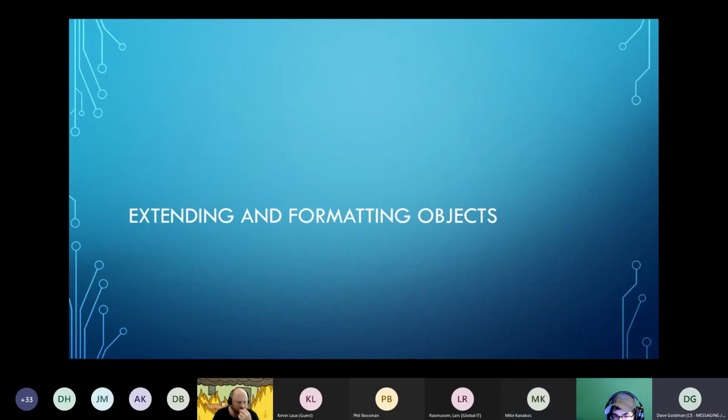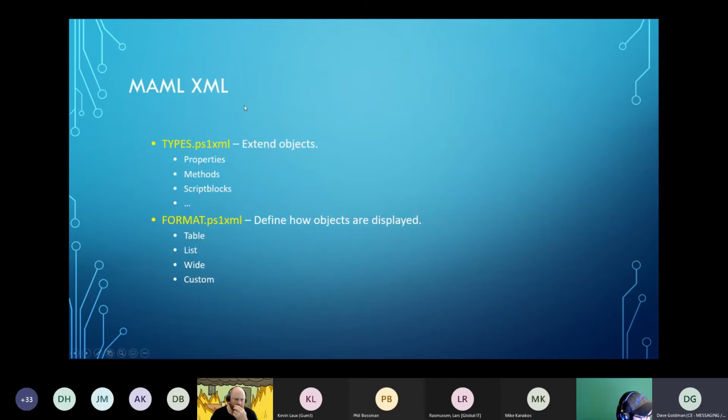So now here's the flexibility and the power behind PowerShell. You have the flexibility to create and extend any objects that you want. There are 2 files that come with PowerShell. These are MAML XML files, the XML format that's used for PowerShell online help.